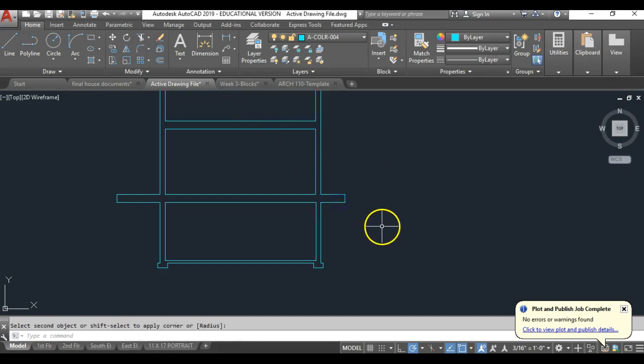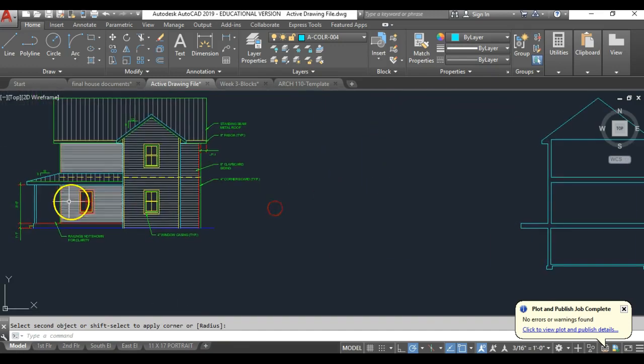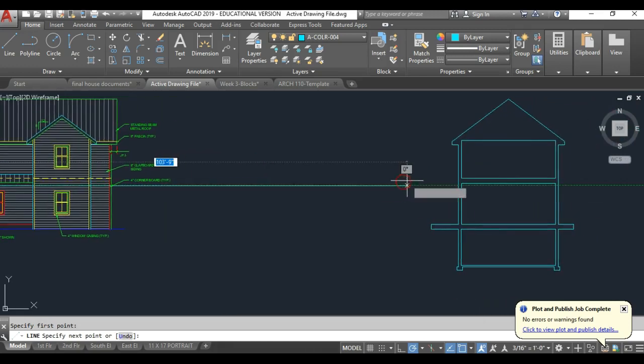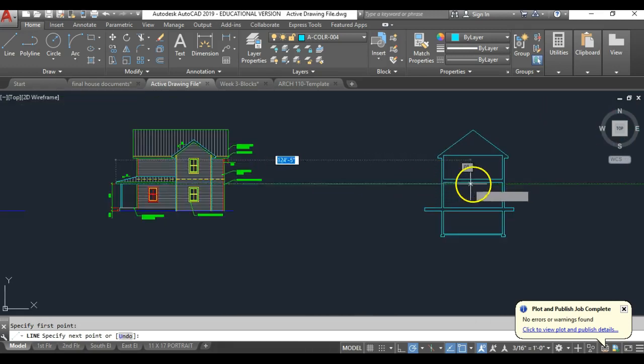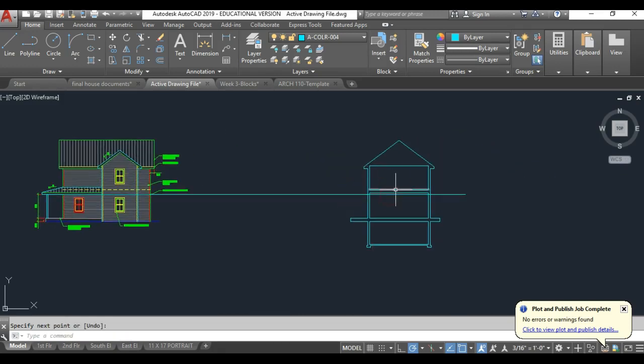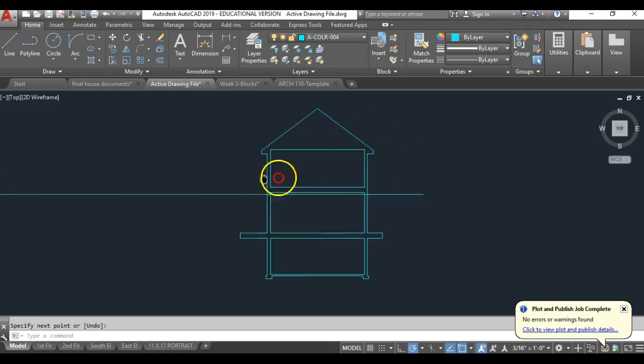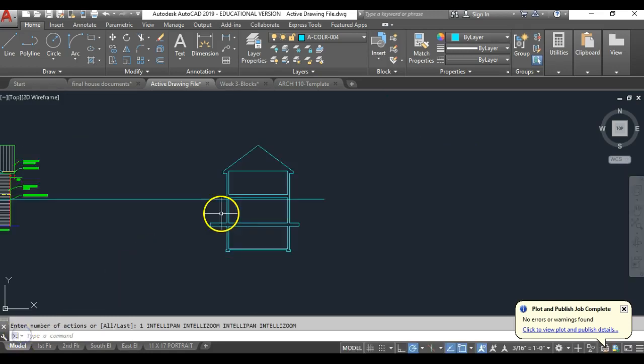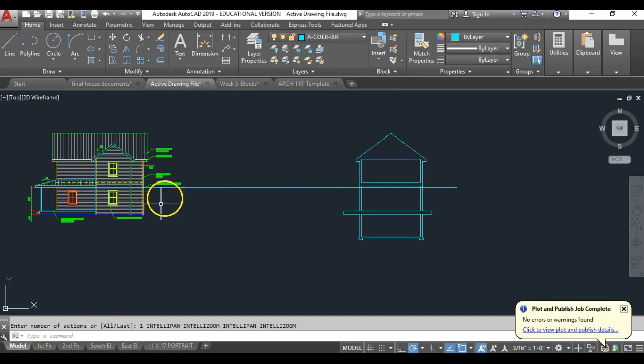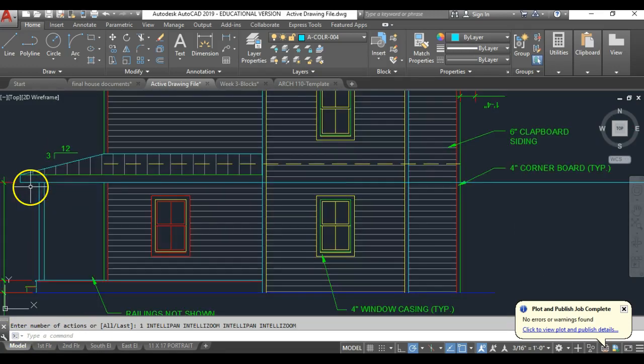Of course, we can do the roof next, and they are 12/3 pitch. We know where the underside is because we've already drawn it here, right? So we can go to line and we can draw across. And then we can also come and give the thickness of the edge by drawing across or just offsetting it or